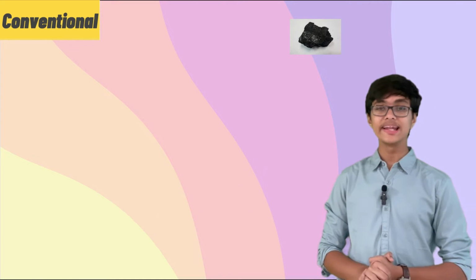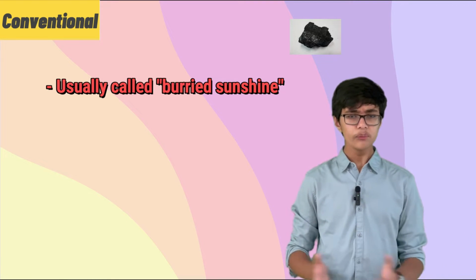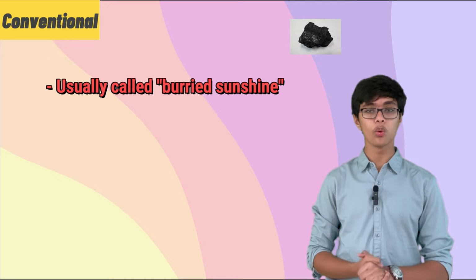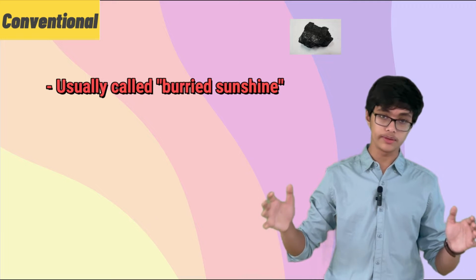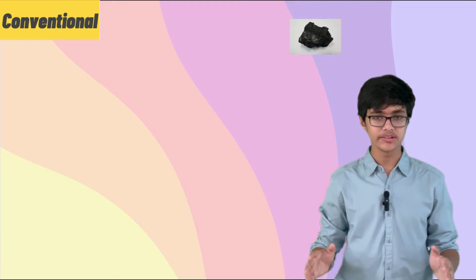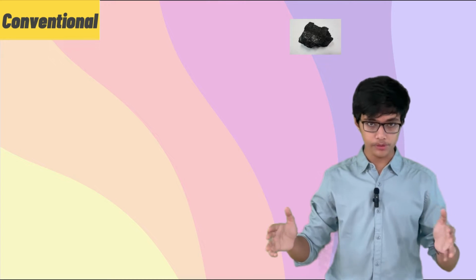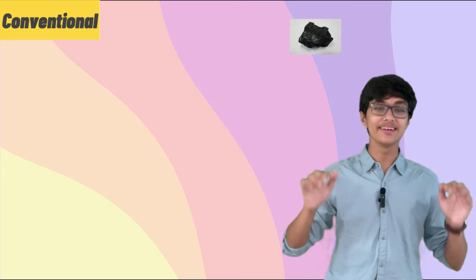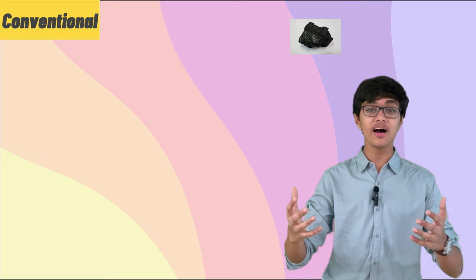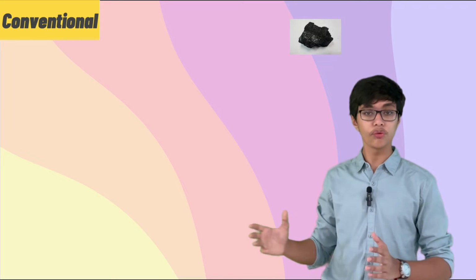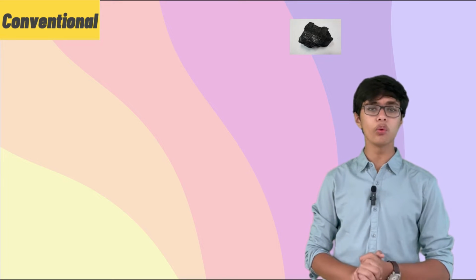Now, the third point is that coal is commonly referred to as buried sunshine. Why is that? Well, to understand that, we have to understand how coal was once formed. There were large forests once upon a time on Earth, and due to volcanic activity or activity of the Earth, these large masses of forests and swamps got buried under the surface of the Earth. Over the years, due to the building up of pressure and high temperatures, the wood in these forests and swamps slowly got converted into coal. So that is how coal is formed.